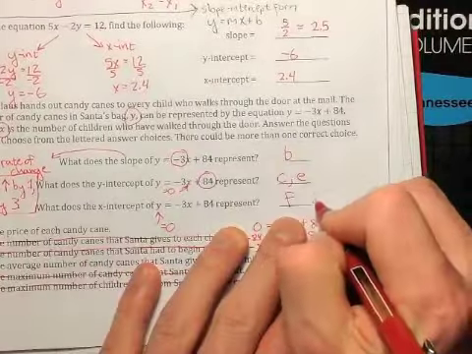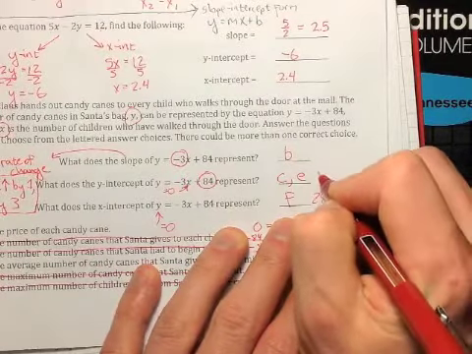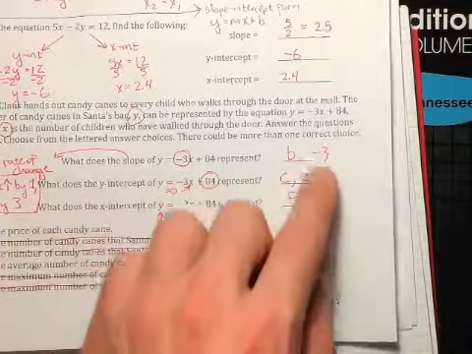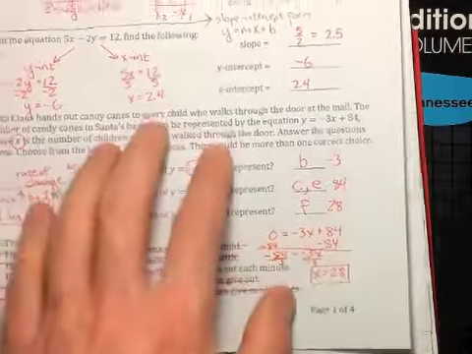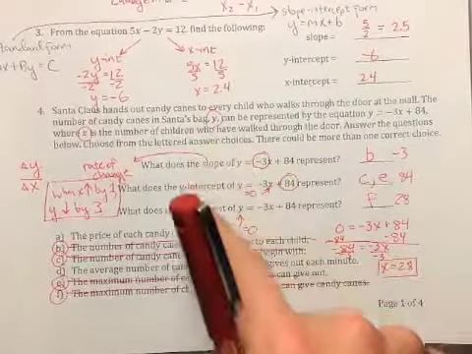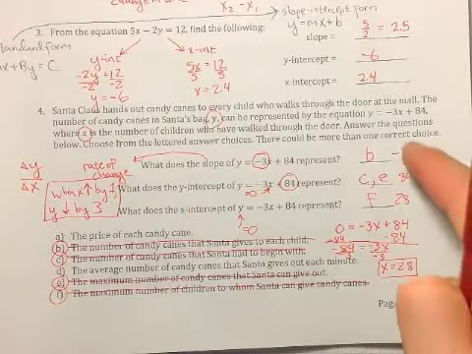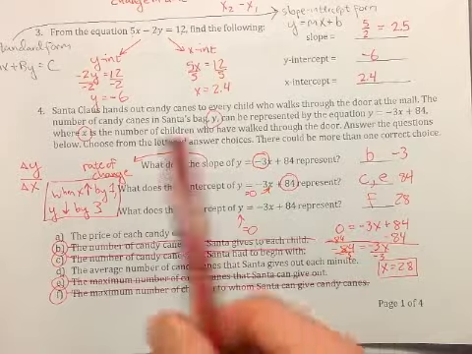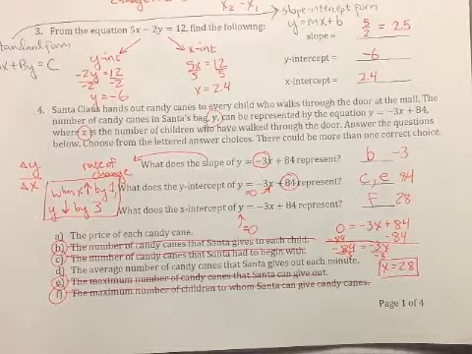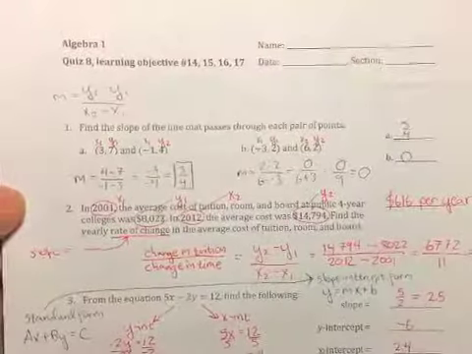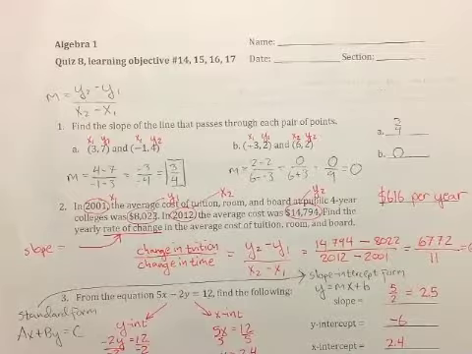Okay? So 28 is the x-intercept, 84 was the y-intercept, and negative 3 was the slope. This problem was meant to show you that the slope, y-intercept, and x-intercept all have real-world meanings, in a particularly seasonal situation. So I realize that that's a lot packed into this first page here, but I did a lot more work than you needed to in order to answer these